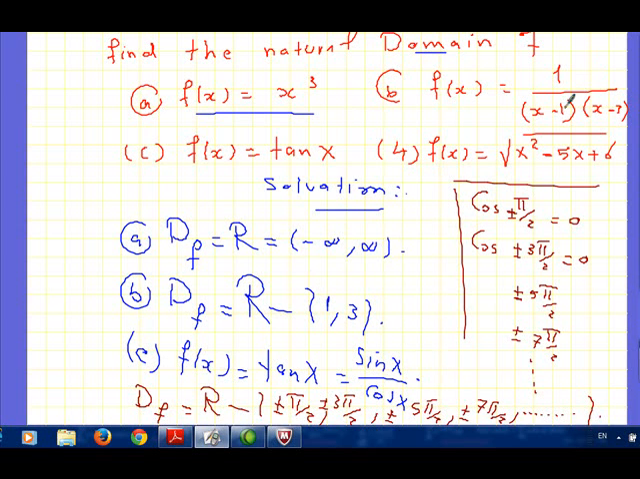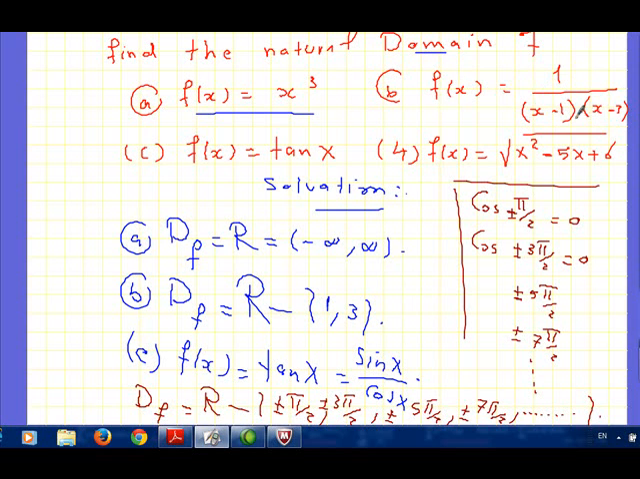For the function B, it is a fraction function as we discussed before. We should find the domain of the numerator, which will be R, and the domain of the denominator, which is a polynomial, also R. Their intersection will be R. Now we have to find the zeros of the denominator to make an exception. So the domain of the function f will be R minus the zeros of the denominator, which will be 1